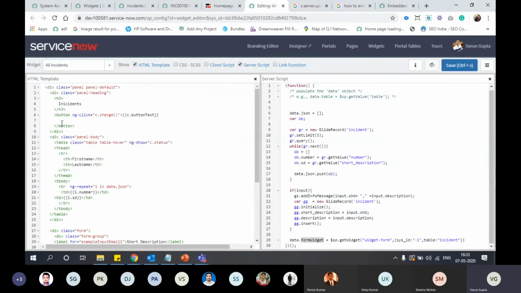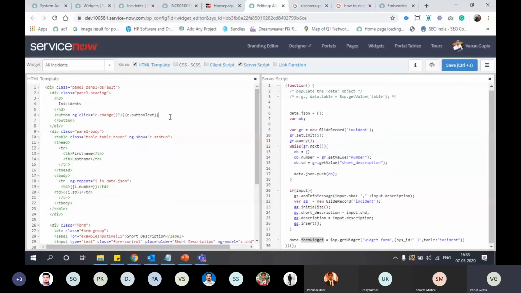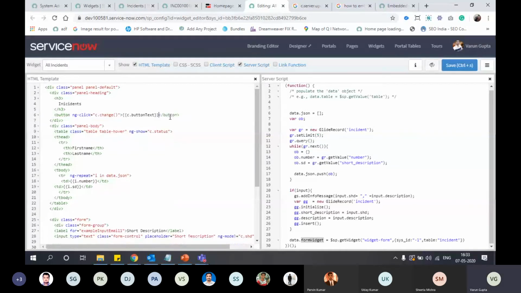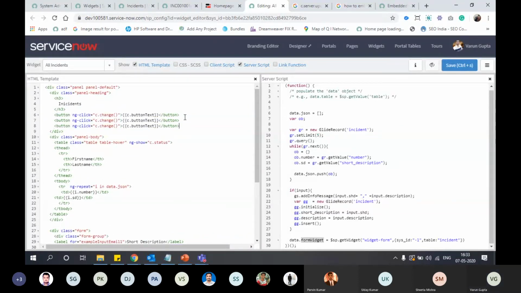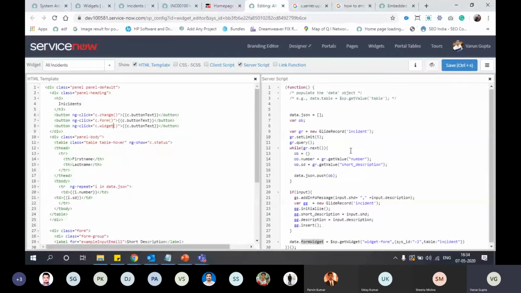Now what we'll do, we will add two more buttons to show and hide the form and widget.